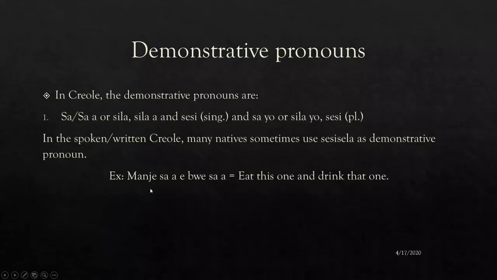Manger ça, manger ça. Example, manger ça et boire ça. But again, I forgot to put the accent. In Creole, they call it accent force. In English, they call it accent grave or grave accent. It's a little thing on top of the E, but it's like heading backward. We have it in French.